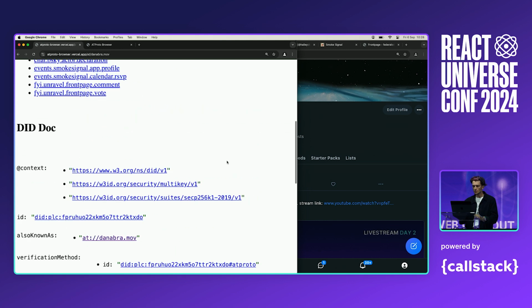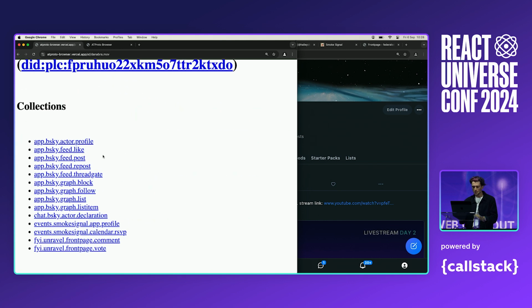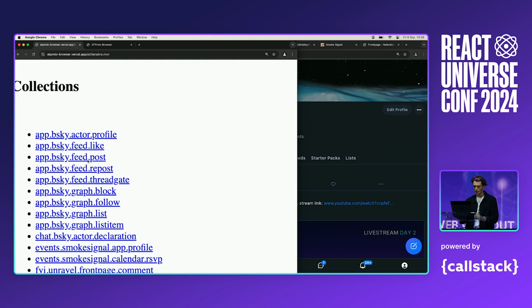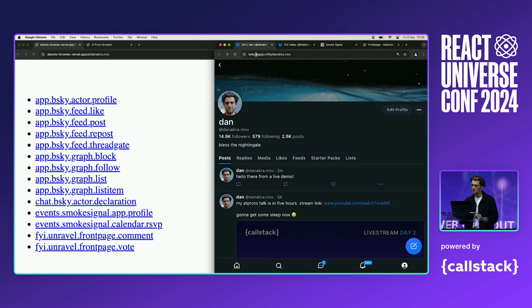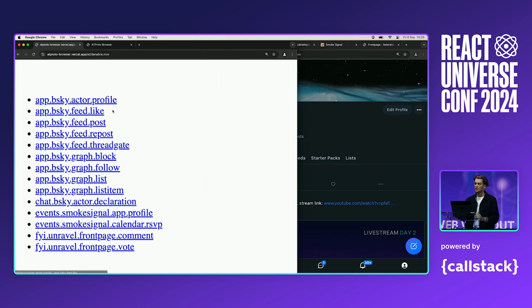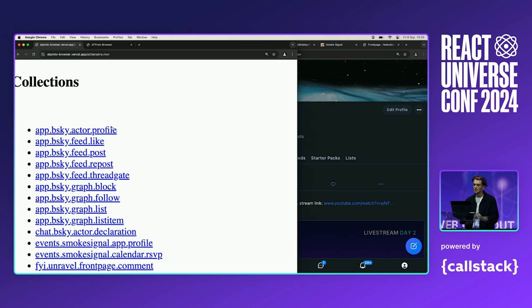Okay, so let's have a look at the actual data. You can see it's separated into collections. If you use something like Firebase, I think it feels similar. They're namespaced based on reverse domain. So bsky.app is our application domain, so it's in reverse as app.bsky.post, or like. So all the information that I create through Bluesky is actually in the atmosphere